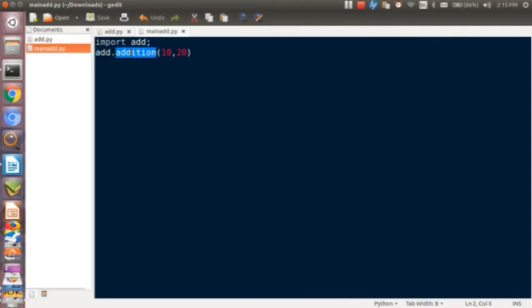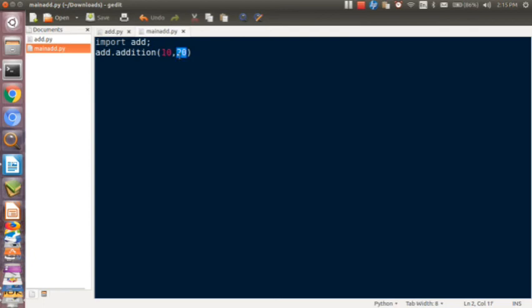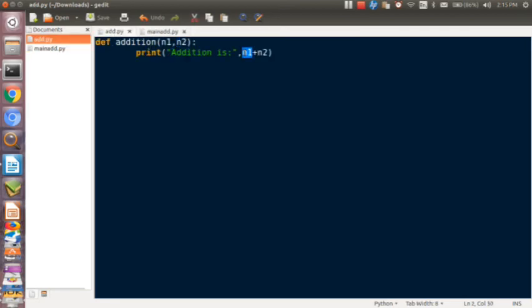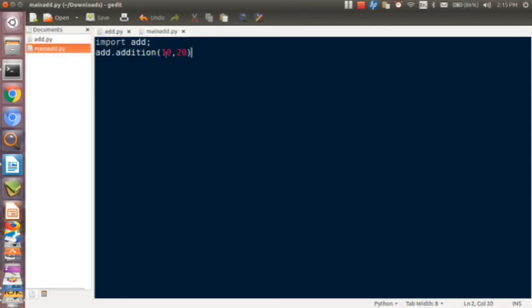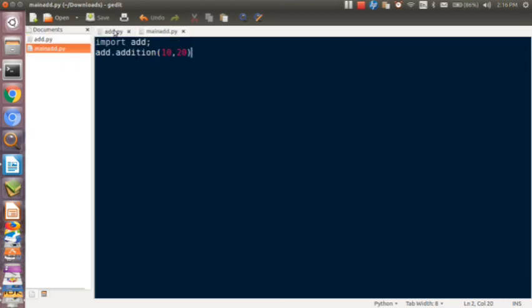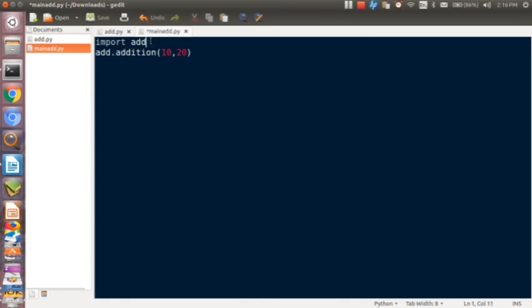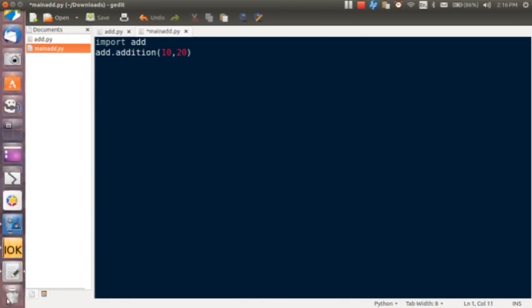So simply we need to write import add as, followed by the new name of the module.